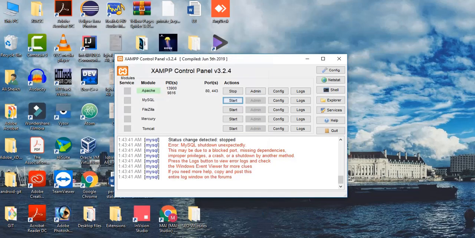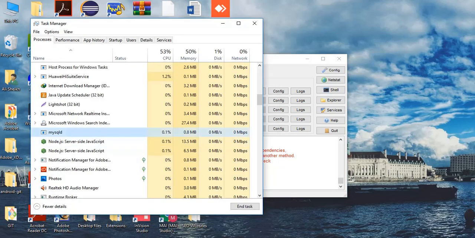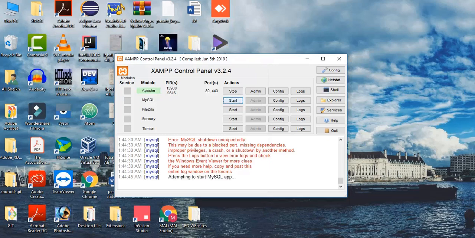Okay, and then click Start again. Now the second step you can do is click this one and do End Task. Now again click on Start